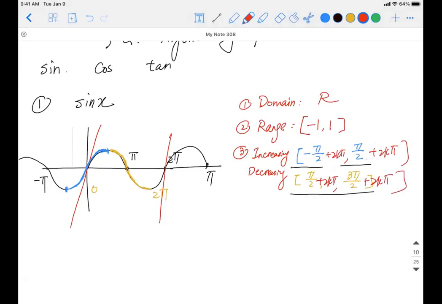As long as x is from minus pi over 2 to positive pi over 2 plus 2k pi, sine x is going to be increasing. Also, as long as x is from pi over 2 all the way to 3 pi over 2 plus 2k pi, this is going to be decreasing. So far, so good? Yeah, just want to have a quick idea. Are you guys familiar with this? Increasing, decreasing is not only for one domain, it's actually valid for the entire period.